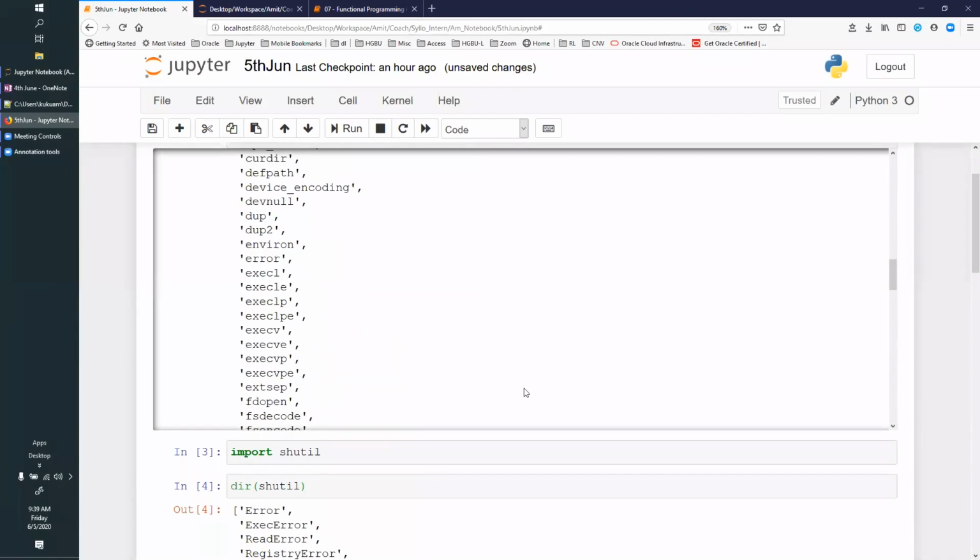You can add more functionalities. Let's say rather than just archiving by the file extension, you want to archive based on the creation date, or creation date and time. So you can even do that. You can try that also, archiving based on the creation date and time of the file.